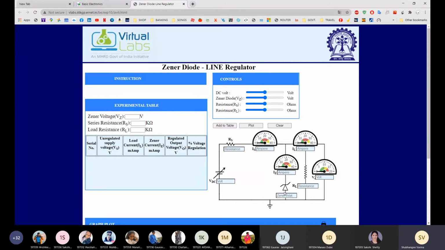So for that, first we have to select the Zener voltage. For the Zener voltage, last time we took 5.6 for the Zener diode characteristics. The same we are going to take. As I change this, you can see the Zener voltage is getting changed, over here in the red block. So I am going to take it as 5.6. Yes, okay. So now the Zener voltage is selected at the value 5.6.